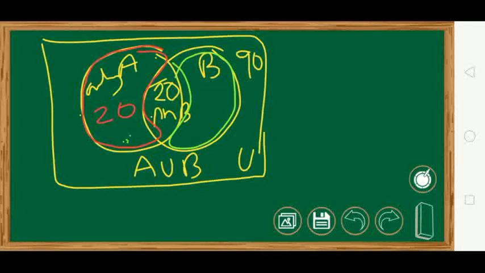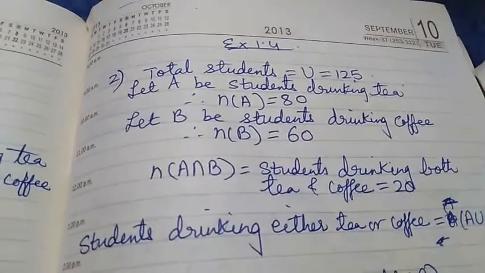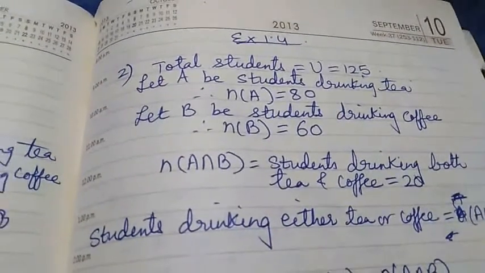Then you can find out the details from this. Show it in the diagram, and then write down whatever you have got from the figure directly. To find only A, you can directly write N of only A, shown over here in the working, is equal to 20. So this is how you will solve the word problems. First write down the notes that I will post, and then the sums also I will be posting. Now we will see the second sum from exercise 1.4, that is the first word problem.